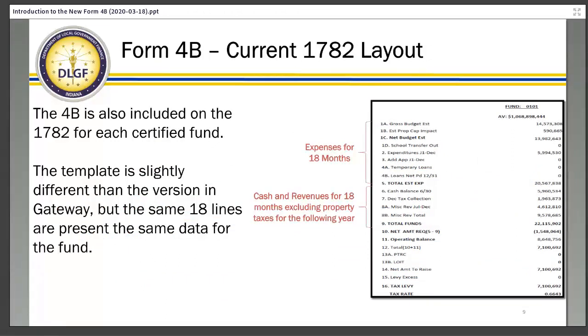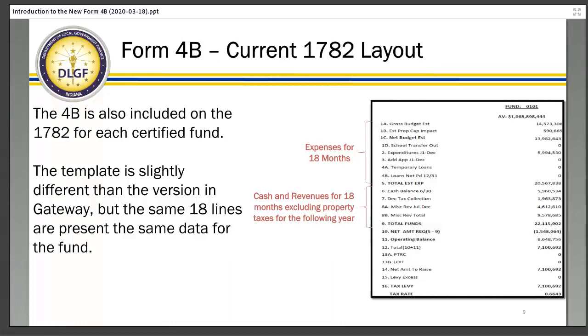Outside of Gateway, the other place where units will interact with their Form 4B is on their 1782. That's what we're looking at on this screen, the 1782 layout of the 4B. Other than finding a more logical place to put the property tax cap estimate, we're still looking at the same information as we had on the previous screen. In this case, instead of the property tax cap being down at the bottom, we're presenting that information